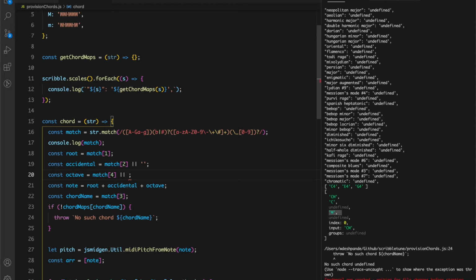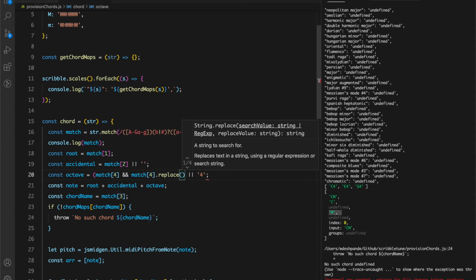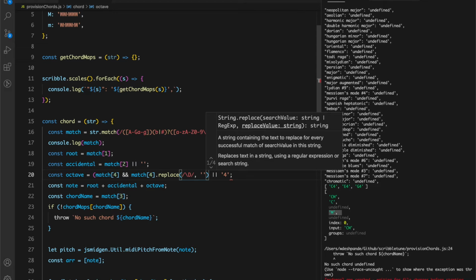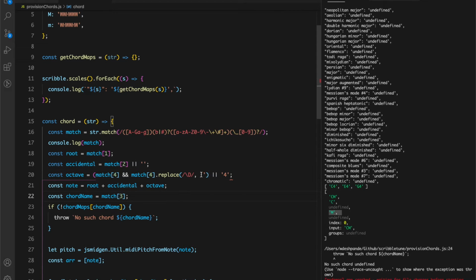We are going to use a string as 4. And if it is defined, then we need to substitute that. Yeah, replace, and then we can use any non-digit character. We can replace that with an empty string.